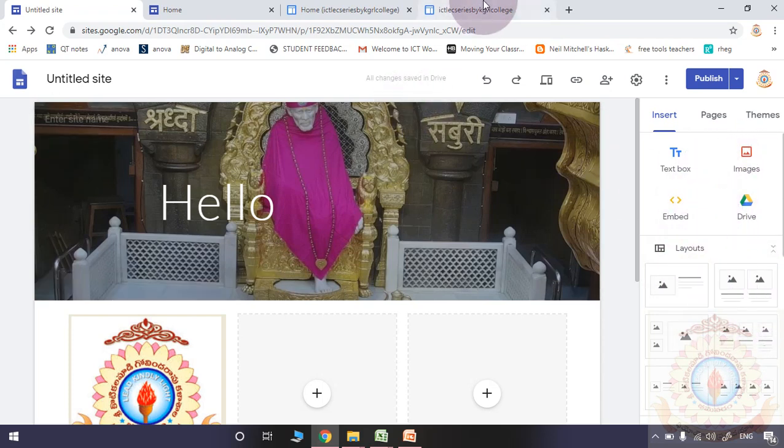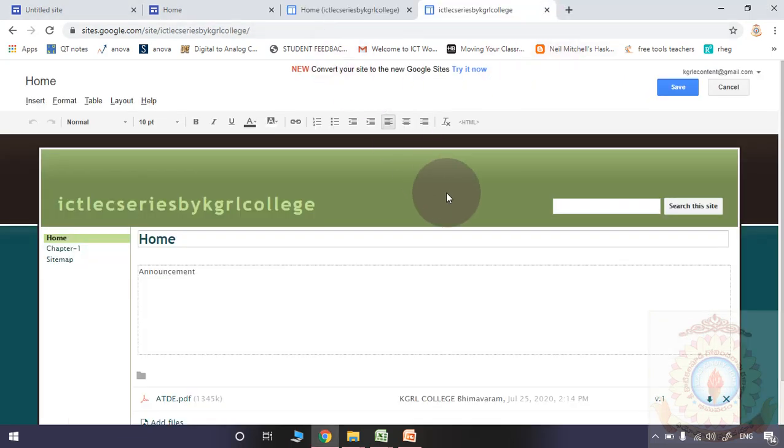Generally, I will recommend, if you are using the Google sites to create your own website for the first time, please go to the classic sites option only, because this particular layout is very comfortable for the new user. Am I clear? I will definitely recommend to use the classic sites to prepare your own Google site if you are using it for the very first time. So in this way you may prepare your own Google site.